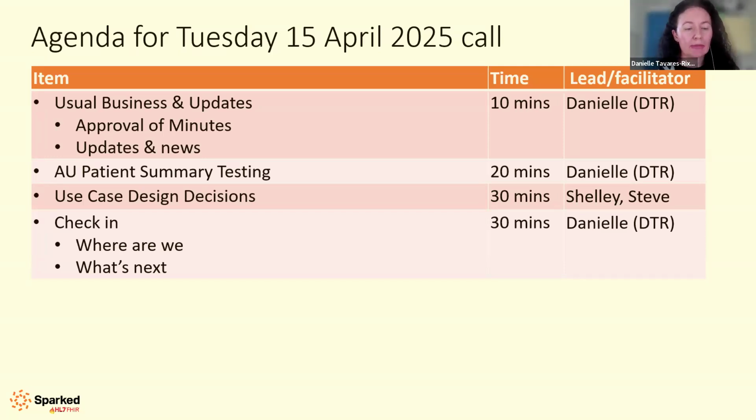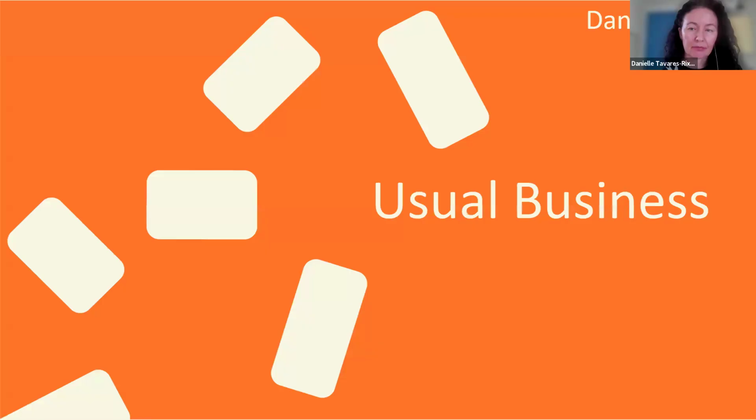And then we're going to do a bit of a check-in on where we are now. It's the right time for a check-in. We're quite a few months through what we'd originally proposed as a set of activities, and what's next. And if we get the time, we might crack on to what's next and start reviewing some of the FHIR IG profiles in the Patient Summary FHIR IG in preparation for going to ballot for comment. But we'll have a look at all of that as we go and see if time permits.